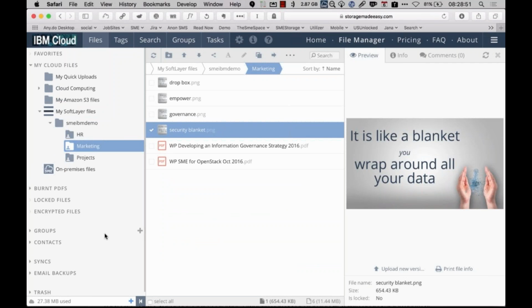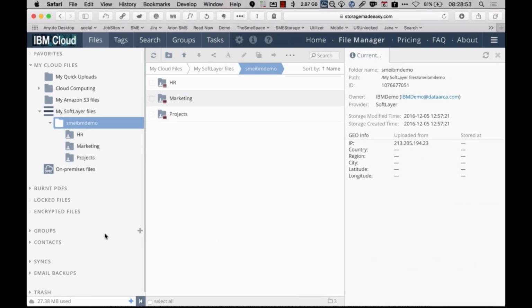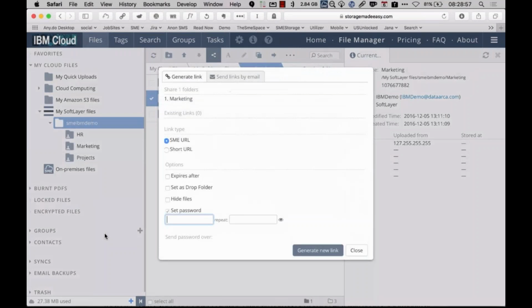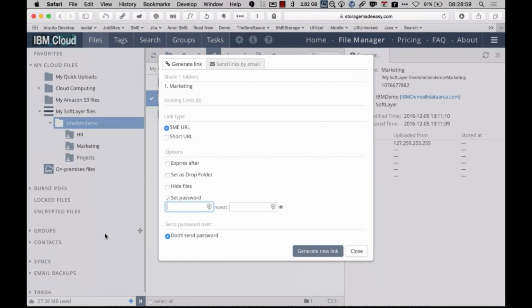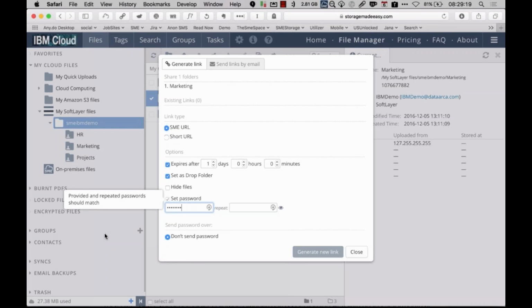So to be able to do something like that, if we go to, for example, the marketing folder and we click to share the folder, we can share this folder by URL. We can again set the options about when it can be set to expire. So maybe we're just going to let it do 1 day. And then we can choose to set it as a drop folder. This means that people can actually put files into it. They don't need to log in, they don't need to have an account, but they will need a password. So if we set a password,